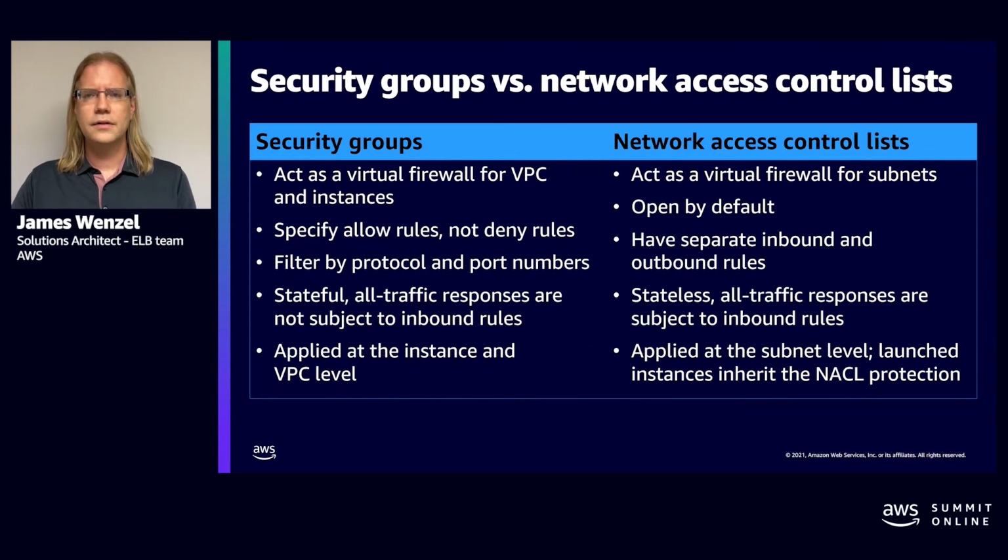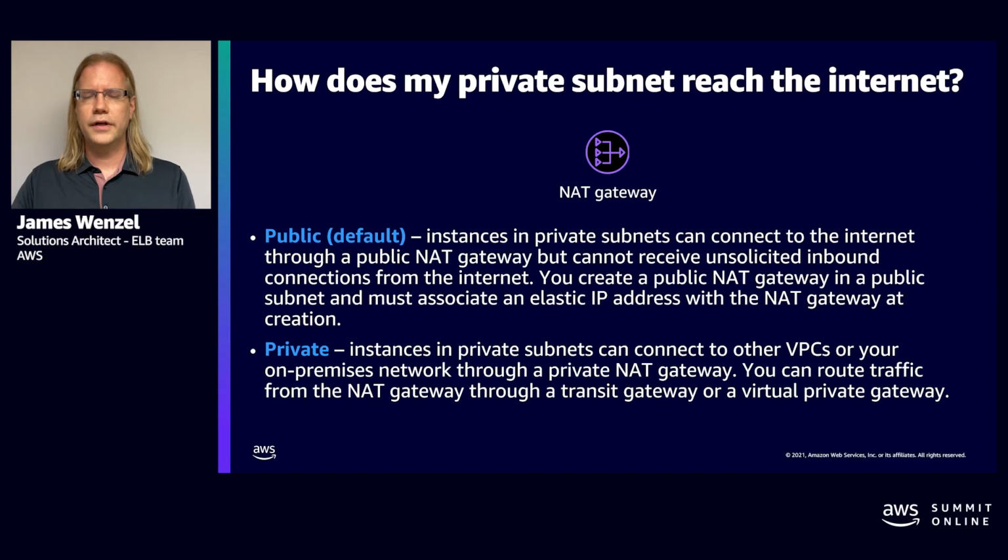So how do we get our private network interfaces or our private network EC2 instances out to the internet? We would do that with a NAT gateway. That would allow you to do a more or less port address translation, or many-to-one NAT, out to the internet to get patches or whatever it is that your systems need to do. But it does not allow any of the network traffic or internet traffic to come back on an initial request. So again, this is a stateful standard network address translation procedure, but it allows the response to come back.